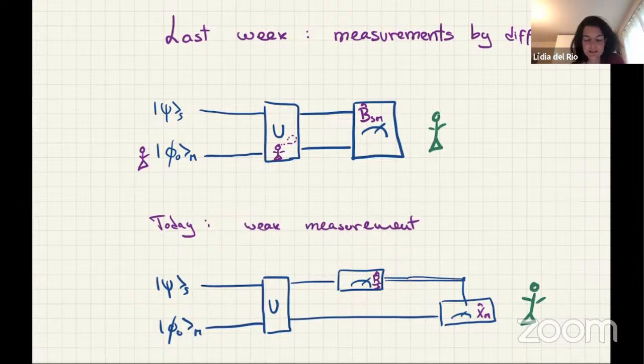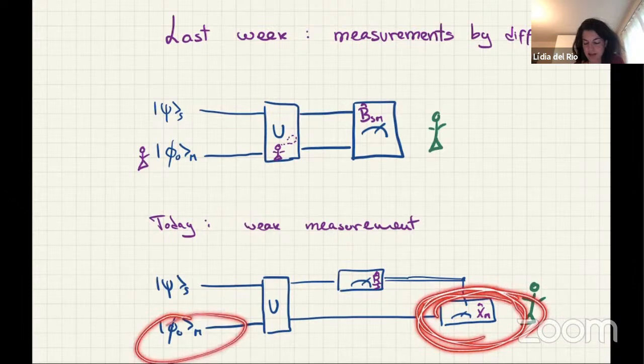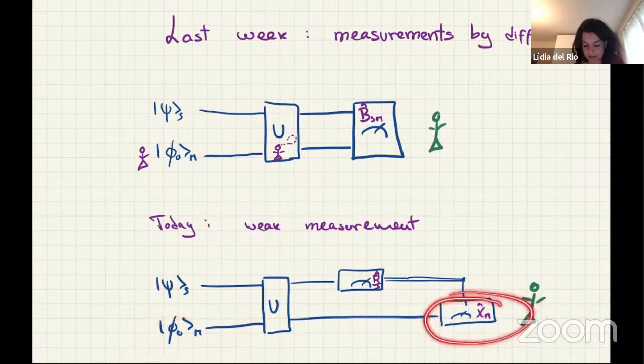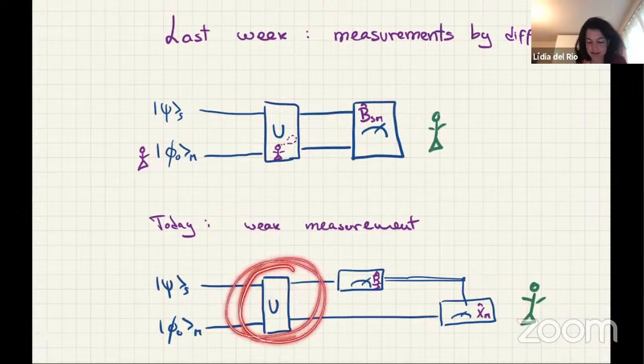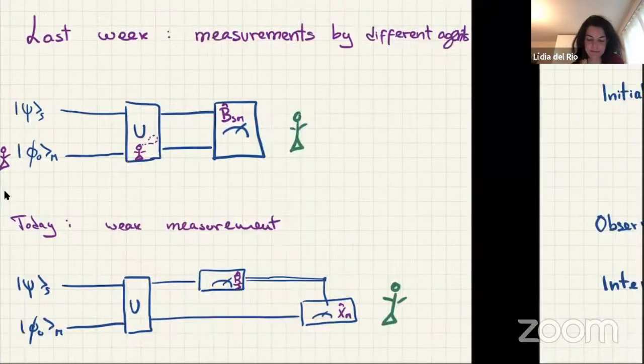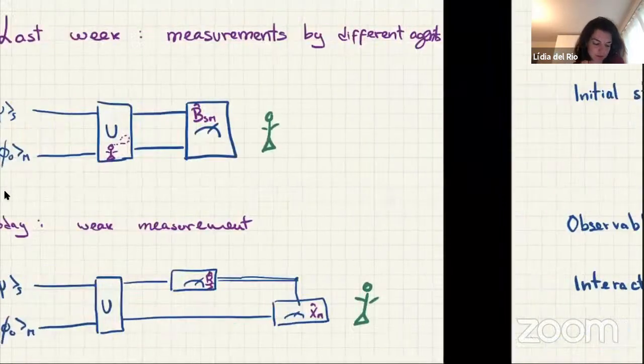And if the post-selecting is successful, which means that if we're happy with the outcome, then we do a measurement on the pointer, on this measurement device, and we look at the statistics here as kind of a shortcut or a way to simulate what would have happened if here we had measured this observable A directly, right? So the idea is that this unitary here kind of implements A. Okay, so how do we do this?